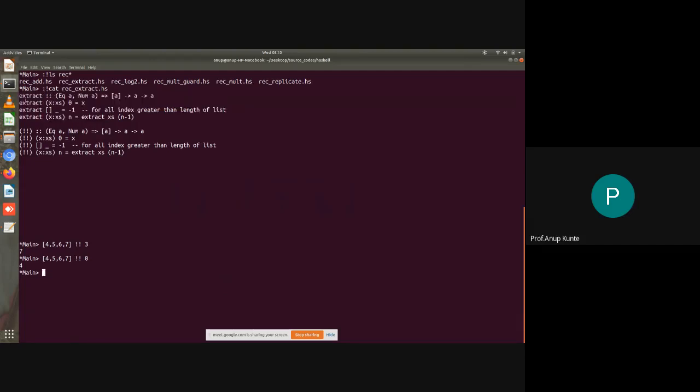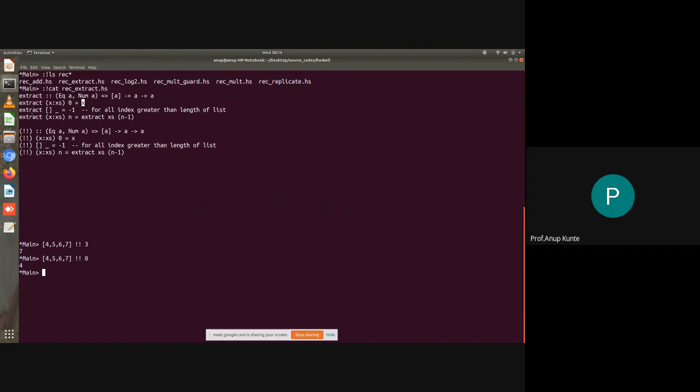So what we are doing is extracting x colon xs 0. If I need to extract the position 0 element from a list that exists, then I will find the head of the list, which is here in this case x. x colon xs always gives me the head of the list in x and the tail in xs. So I will be returning x. I will be returning the head if I require the 0th position.